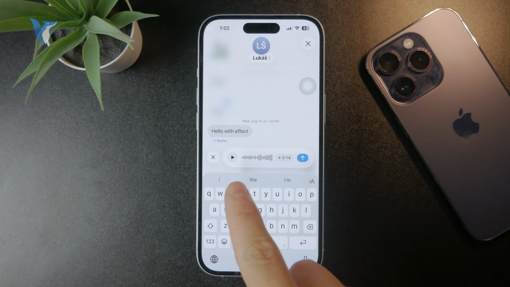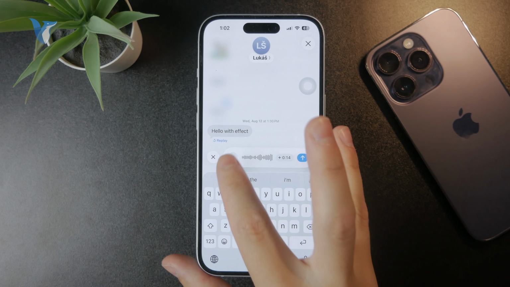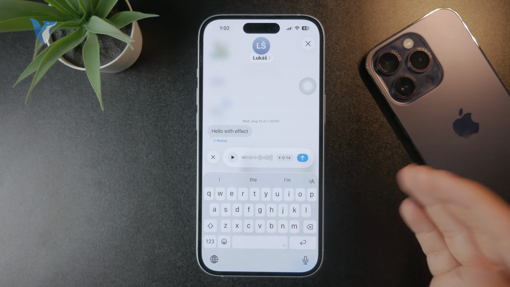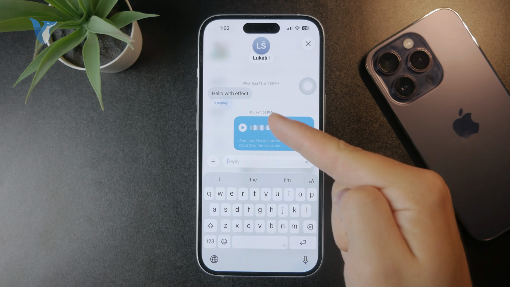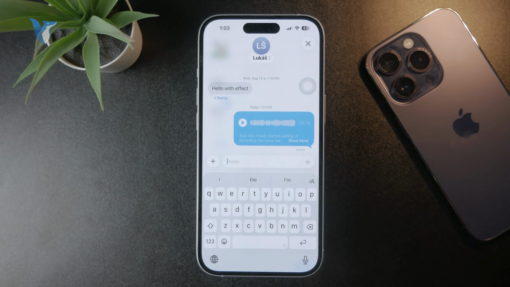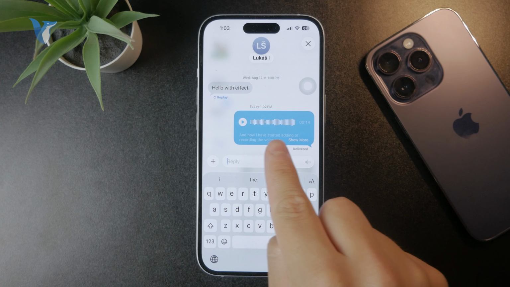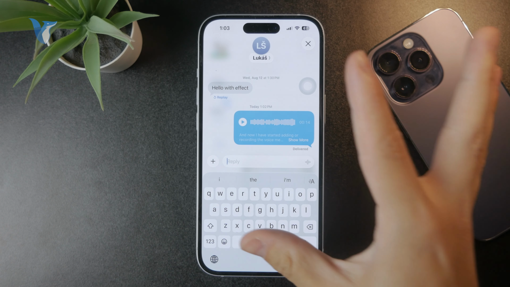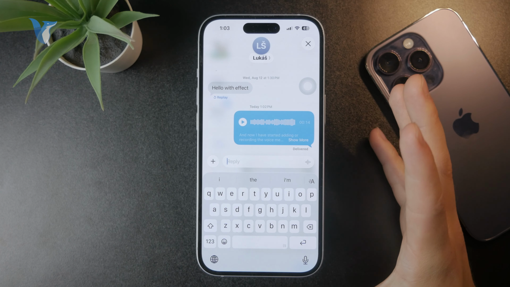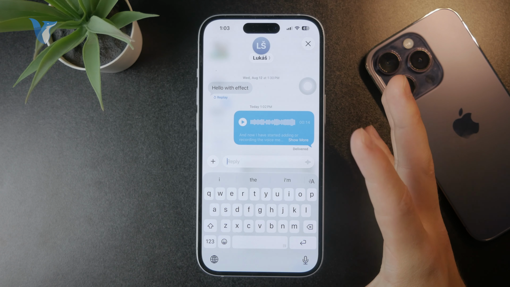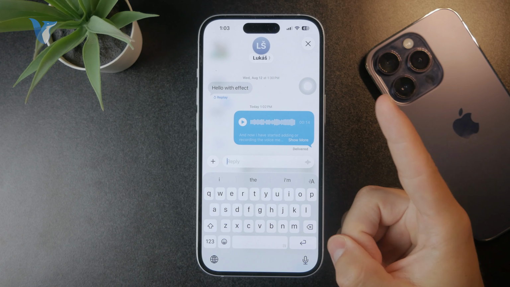I can play it back just to check if everything is fine like that. But if I'm happy with it, I can click on send, and I have replied to one particular message with a voice message, right? And as you can see, it has the transcription below. So, very useful stuff. Just keep in mind that this only works for blue text bubbles, which means for iMessage